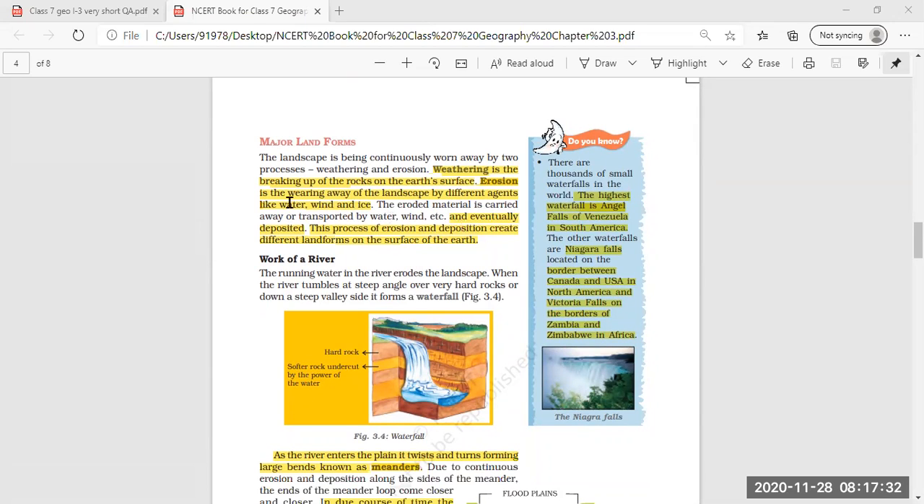And for this, two processes were responsible for making the landscape disappear or become thinner or smaller, to make the changes in the landscape. Two processes we have understood. First was weathering and second was erosion. Weathering, we have understood, was the breaking up of rock on the earth's surface, and erosion